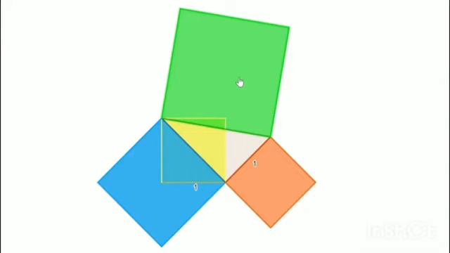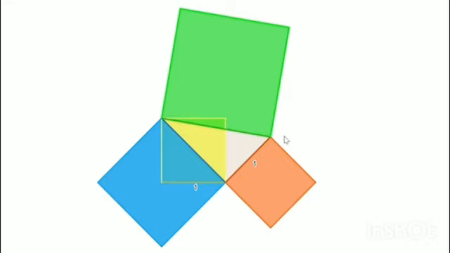We know hypotenuse square equals base square plus altitude square. That is, area of this square is equal to 2 plus 1, or area of this square is equal to 3. That means the square of the hypotenuse is 3. If the length of this hypotenuse is a fractional multiple of 1, then the square of this fraction must be 3. We have seen that the square of any fraction cannot be 2. In the same way, the square of any fraction cannot be 3. That means the length of the hypotenuse of this right triangle also cannot be expressed as a fraction.